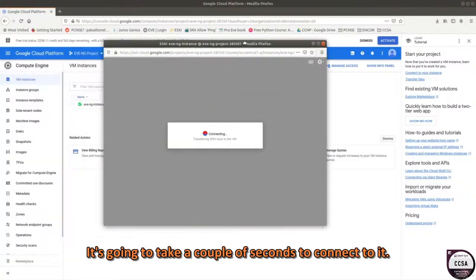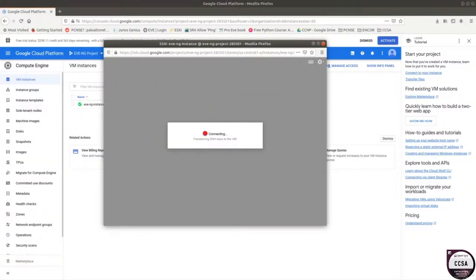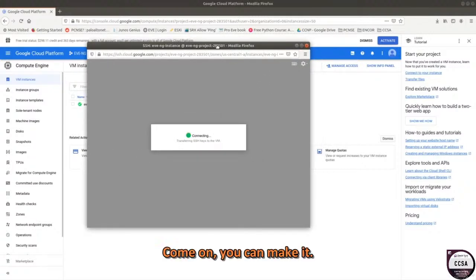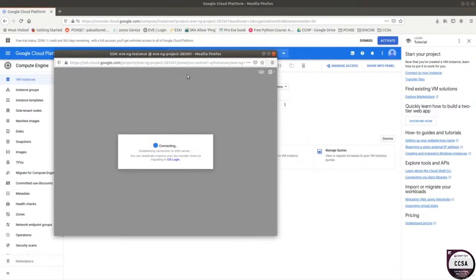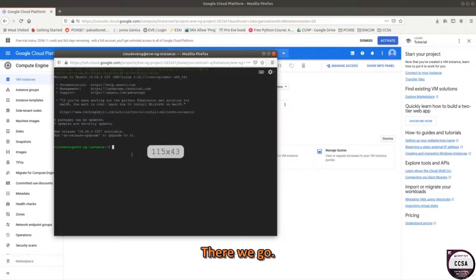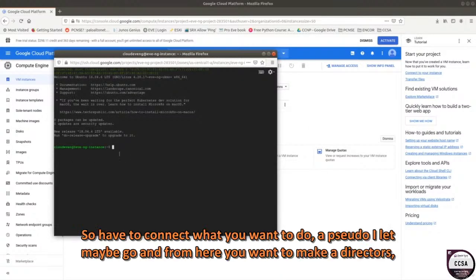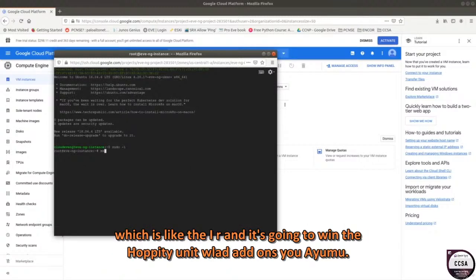It's going to take a couple seconds to connect to it. Come on, you can make it. There we go. So after you connect to it, you want to do a sudo -i. There we go. And from here, you want to make a directory, which is mkdir,